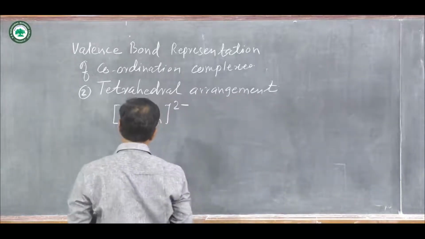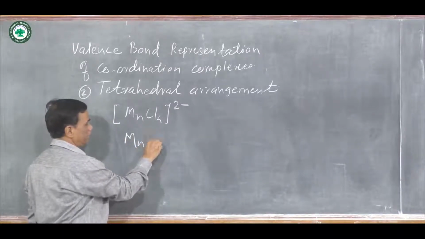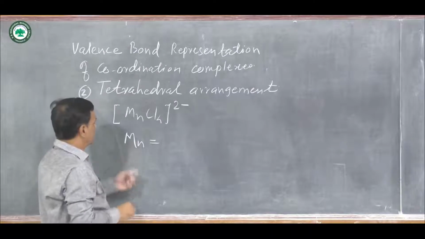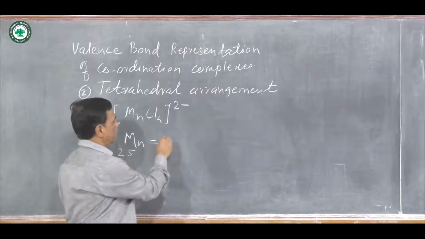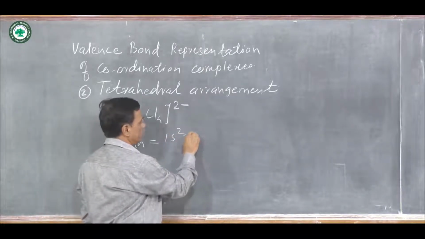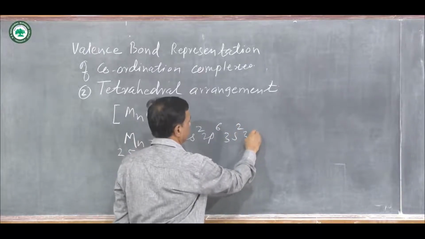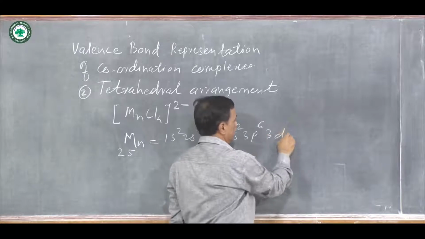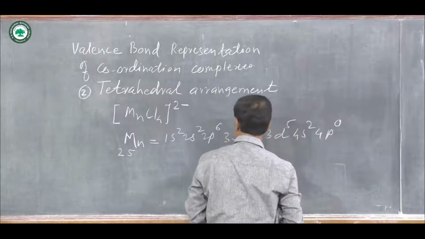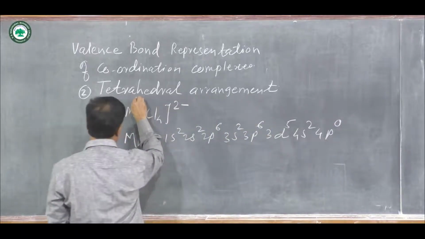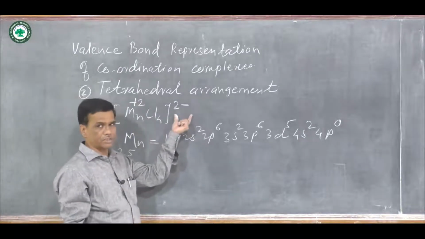In the MnCl4 2- complex ion, manganese is the central metal ion. The atomic number of manganese is 25, and the ground state electronic configuration is 1s2, 2s2, 2p6, 3s2, 3p6, then 3d5, 4s2 and 4p0. In this complex, the charge on manganese is 2+, and you know that the charge on a complex ion is determined